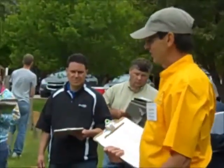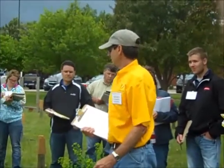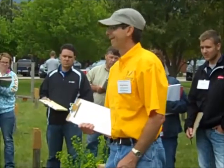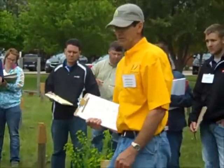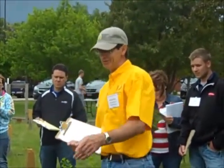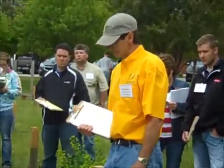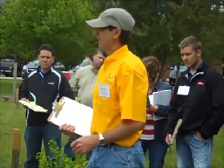Well, this is Russian knapweed. Is this a biennial or a long-lived perennial? Yes, it is a perennial, long-lived perennial. Fairly aggressive, as are all the knapweeds. So how do we tell the difference between Russian, spotted, which is number 6, and then the one that we don't have, the diffuse? Well, because it's a long-lived perennial, if you pull up the plant or dig it up,